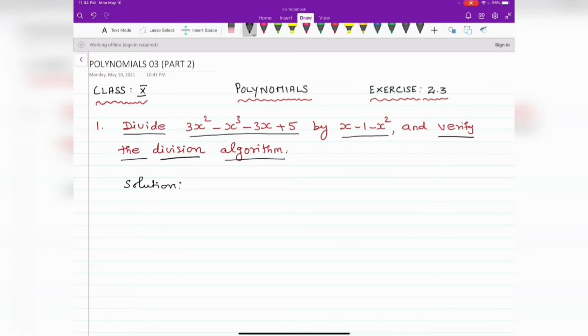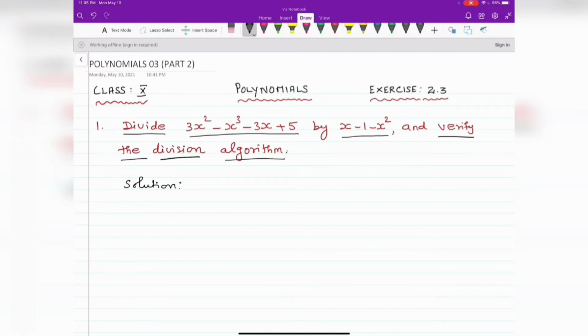See, already you know, when you divide a polynomial by another polynomial, the first and foremost step is that both the polynomials should be written in standard form. What do we mean by standard form? We have to write those polynomials in descending power of x for convenience sake. That's what I told you. After doing that, we need to divide and find out the quotient as well as the remainder. Then we have to verify the division algorithm. Now let's do everything step by step.